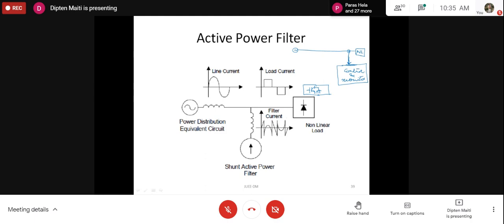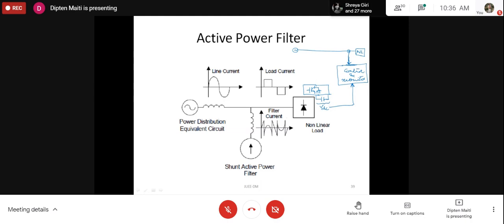IGBT. And of course we require a capacitor to be here such that we have a DC bus. So we also need to take into account the voltage of this capacitor represented by this VDC, and that also needs to be fed to this control block. That is a requirement. We cannot discuss the inside of this here, that is not our point. So this VDC, or the capacitor voltage, needs to be monitored.